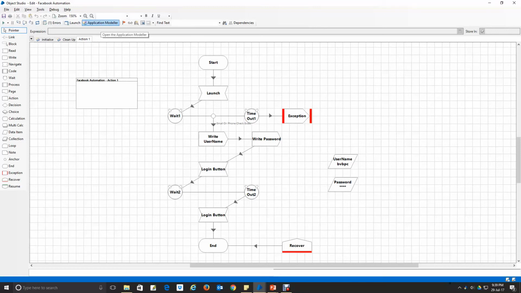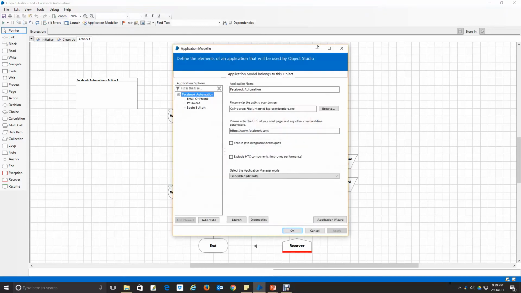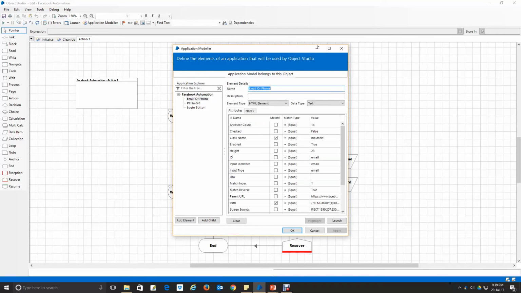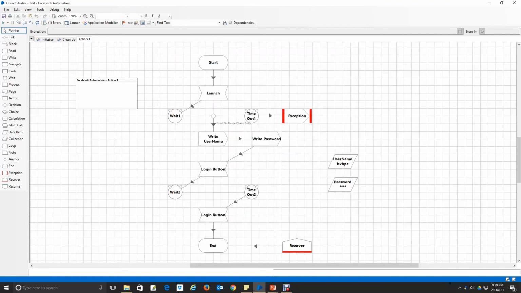I have taken all the required resources, and I have designed the flow for the particular object. In my application modeler, I have spied my application, and I have spied the user ID field, password field, and login button field for the first phase of the process.